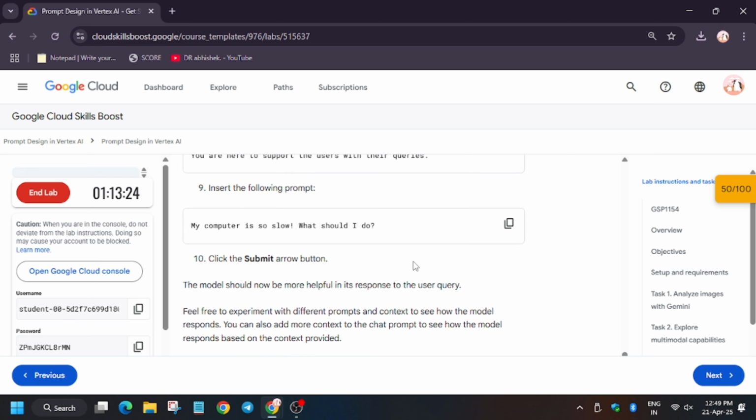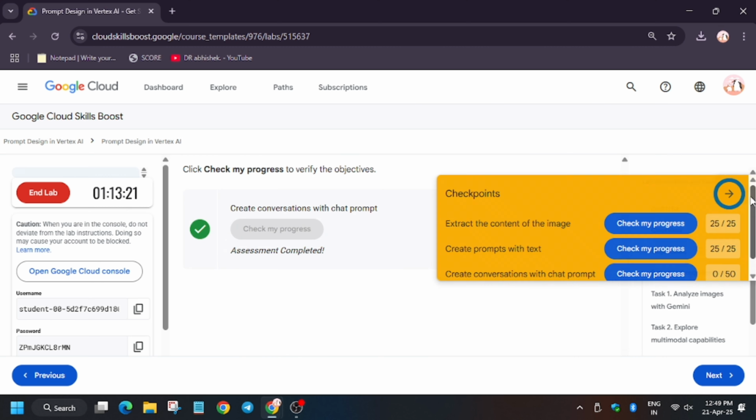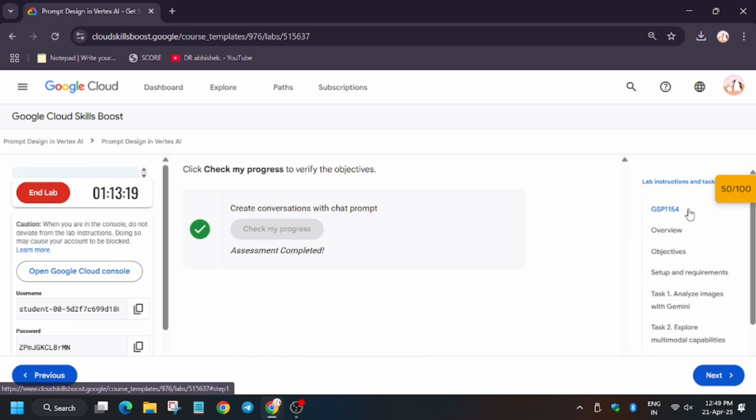So finally it's time to check my progress. As you can see we got full score, and finally we are done the lab. This was the most descriptive way